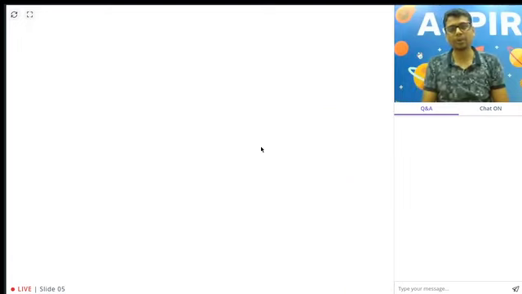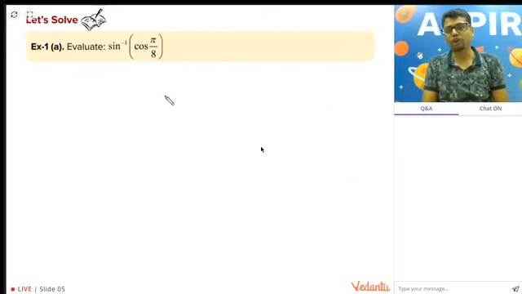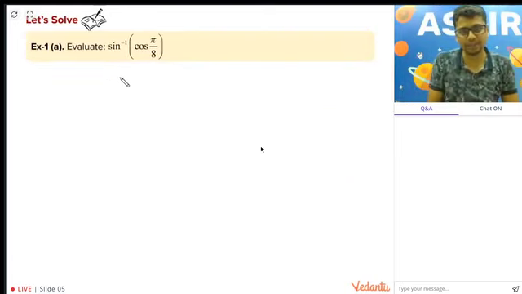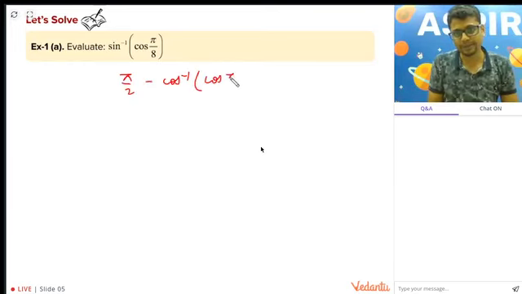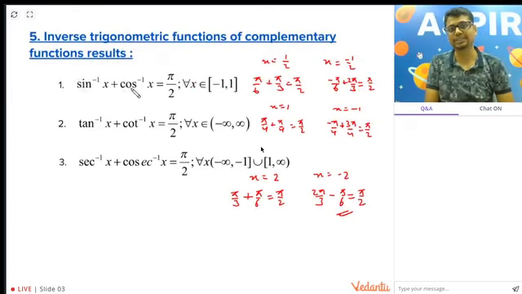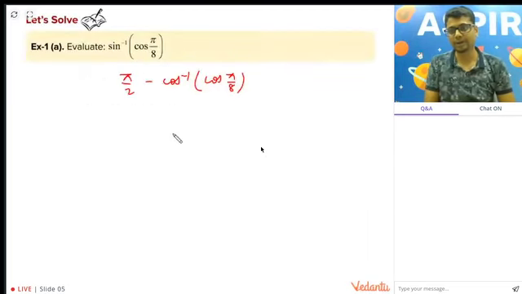Now what about this? Sine inverse of cos pi by 8. How can I solve this? I can solve this as pi by 2 minus cos inverse of cos pi by 8. Right? Why? Because sine inverse x plus cos inverse x is pi by 2. So sine inverse x I can write as pi by 2 minus cos inverse x. Right? So it becomes,